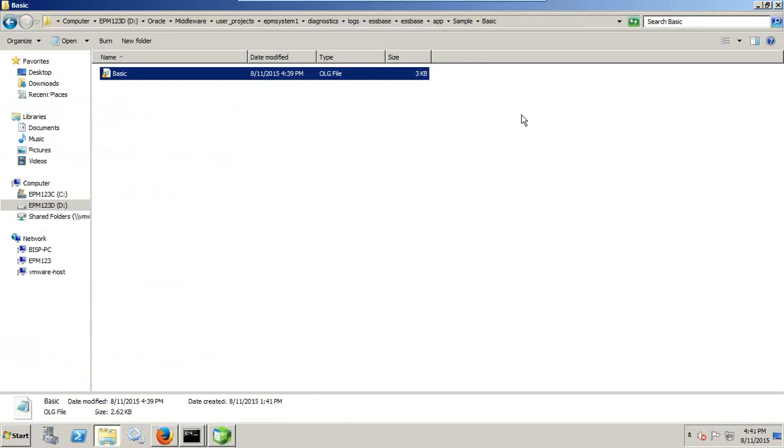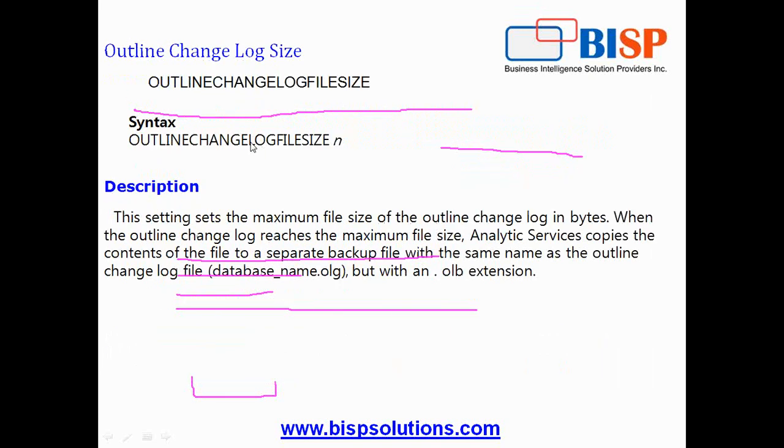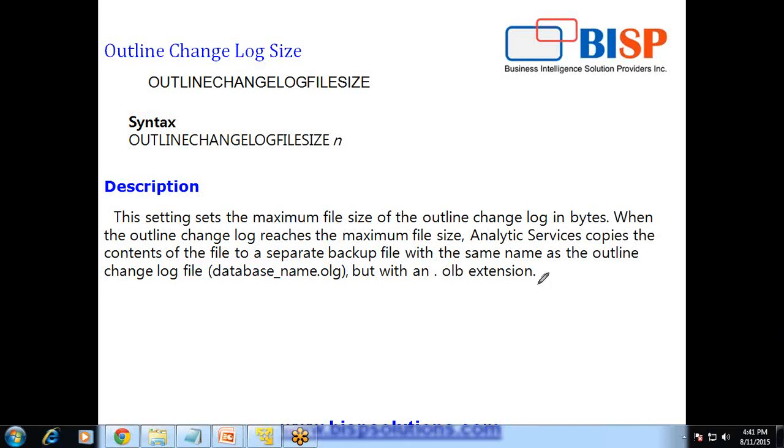However, if your outline changes are highly dynamic, over a period of time your outline change log file becomes too big to manage. So we have one more property called outline change log file size, and you define the number. We give the value of this in bytes. So you can define what the size of your outline log file could be. This setting sets the maximum file size for the outline change log file. It's in bytes. So once you reach that size,